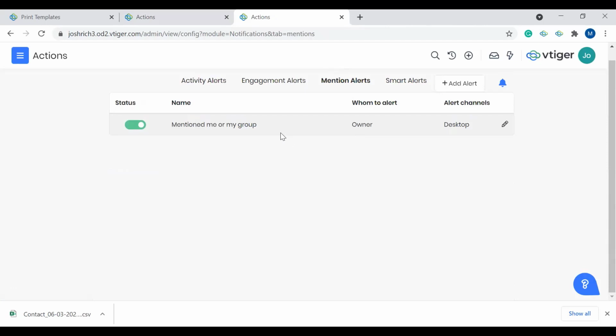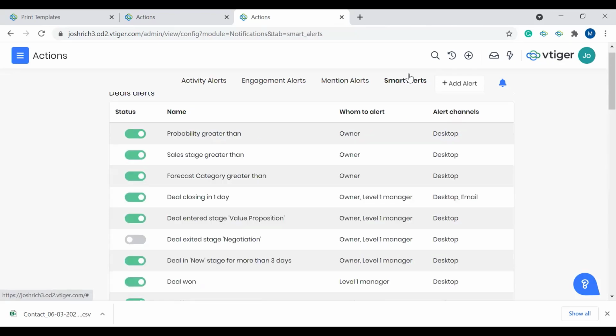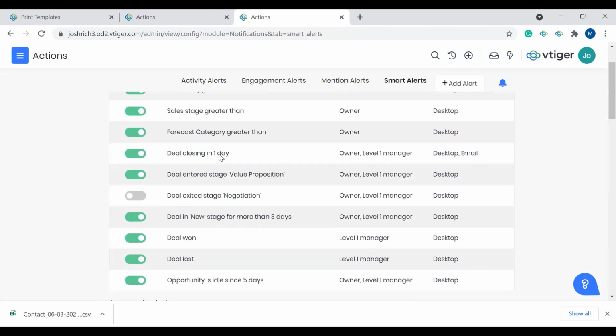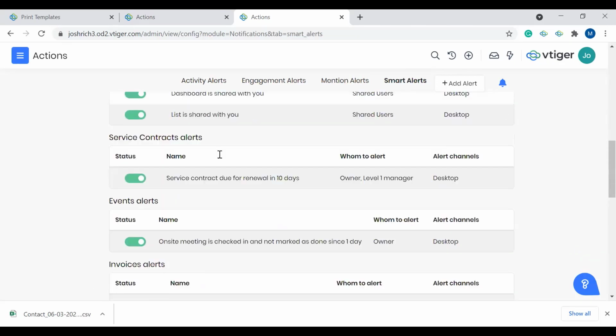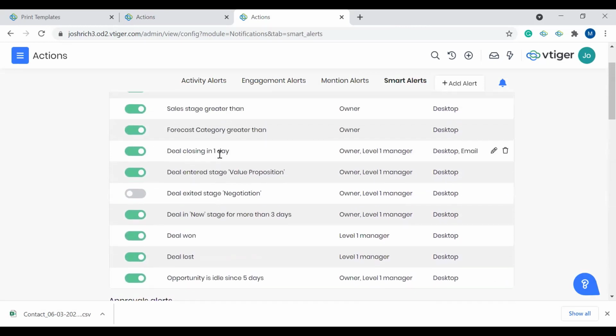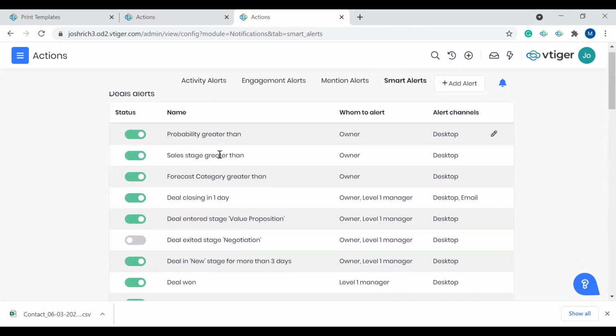Mention alerts actually only has one, since it's just focused on mentions and comments. You can either set it to active or inactive. You can set the alert channel or whom to alert, and you can do that by editing it. And Smart Alerts is the really cool one. This is actually covering a large number of modules. There's a lot of default ones already available. And this is